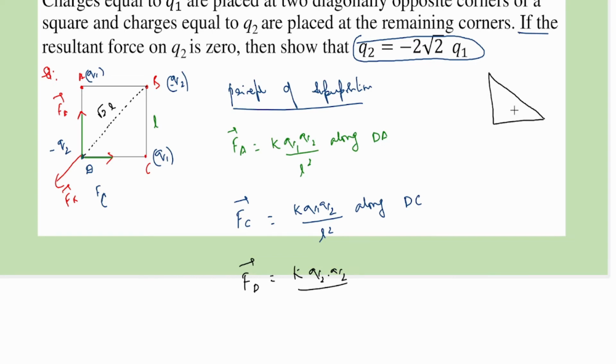So we look at this as L, this as L. If we use Pythagoras theorem, say this is point B, this is point D, this is point C. Then from here, what you get is